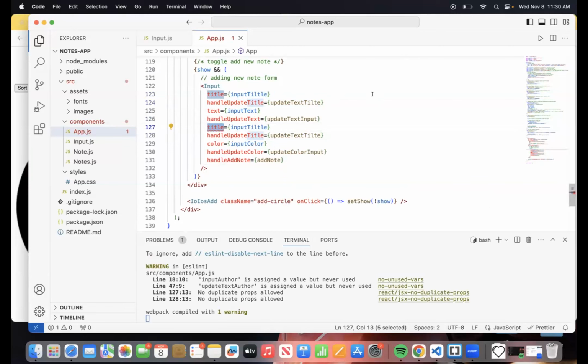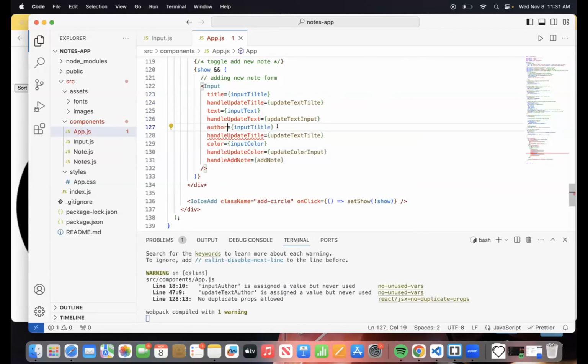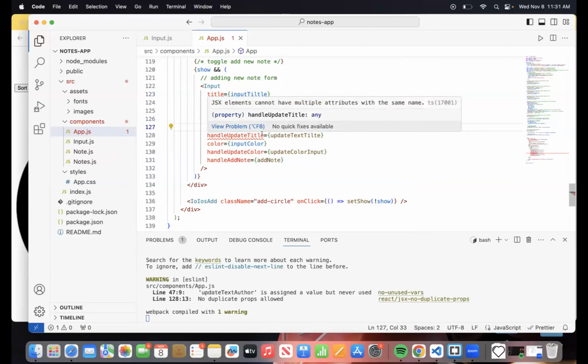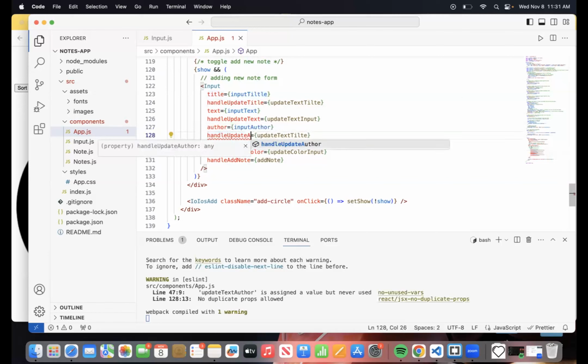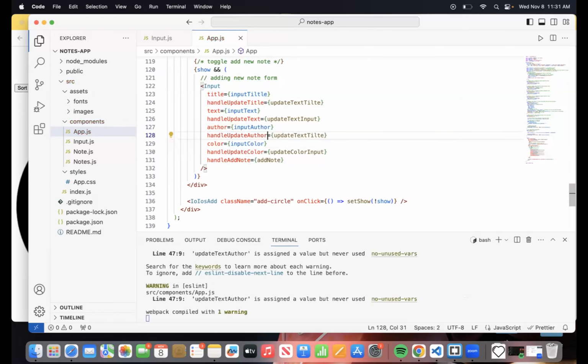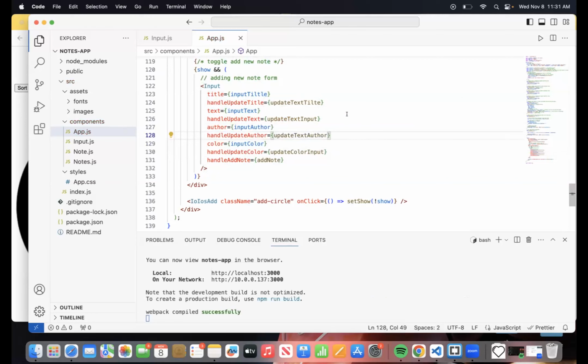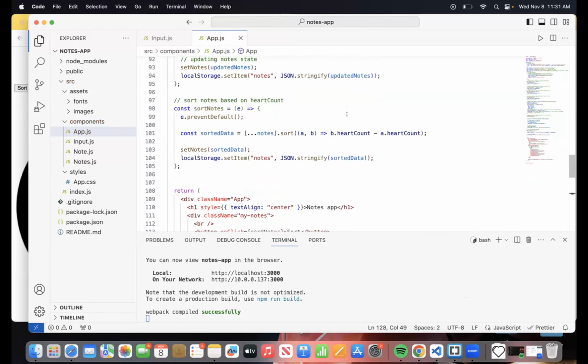And okay, so for this now, I will change this to author and change this to author as well. But one thing, it's still handle update title, so I'm going to have to change it to handle update author and handle text title to handle text author. Oh, for sure.